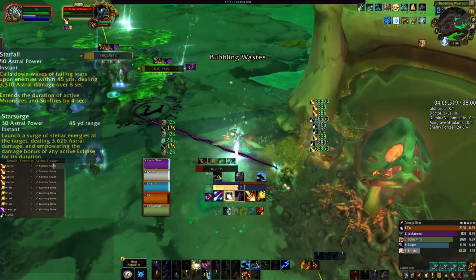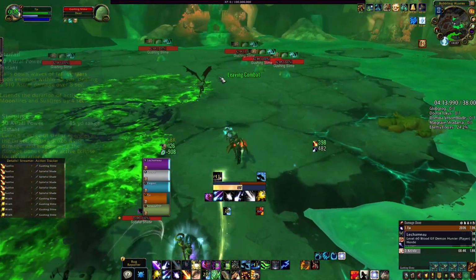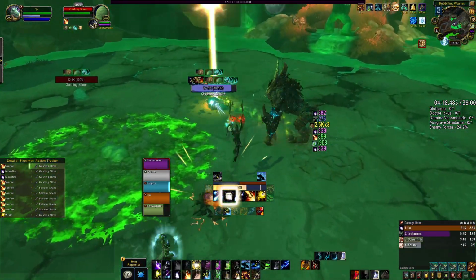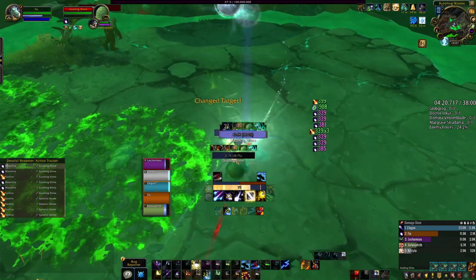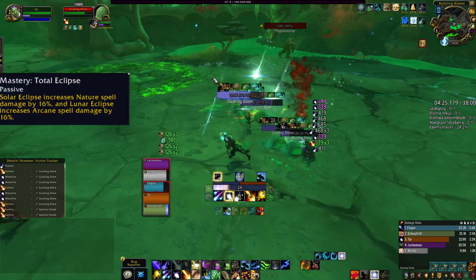you read Starfall and Star Surge. Starfall and Star Surge are telling you that they do astral damage. Well, whoop-de-do. What is astral damage? Astral damage is the combination of arcane and nature damage, which means your Mastery is going to work twice on